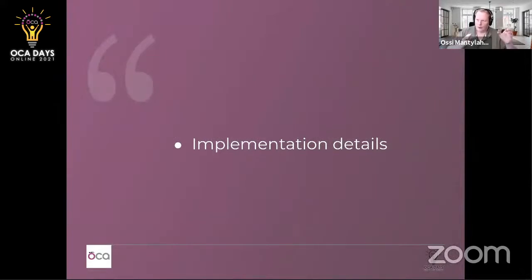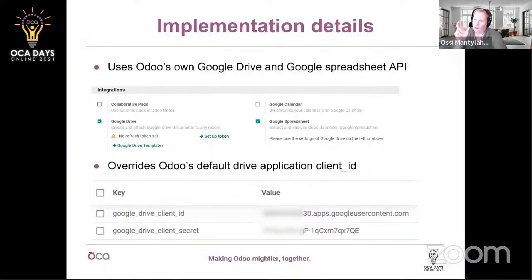That was a bit of a complex formula. Let's talk a bit about the implementation details. First of all, what we are doing here is utilizing Odoo's already existing Google Drive and Google Spreadsheet API functions, because Odoo already has this integration, so we didn't really need to reinvent this wheel, and we just created our own application in